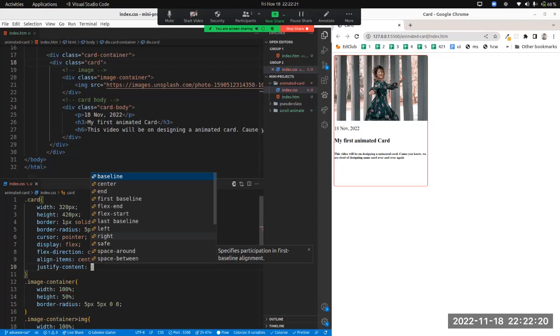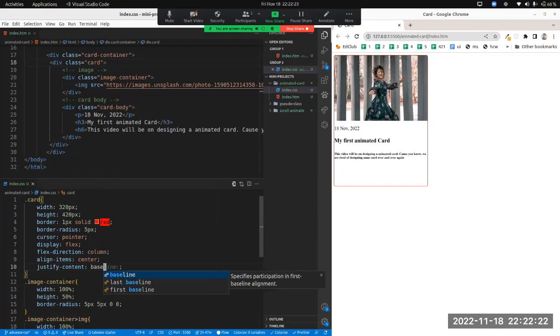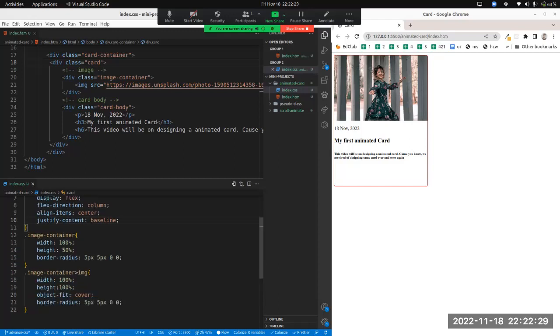So now this is done. What we need to do next is go to the container,